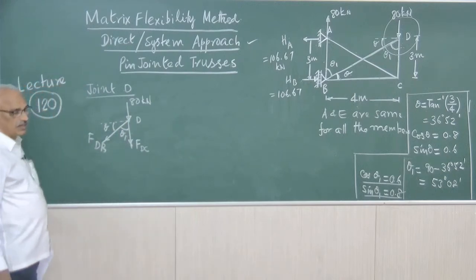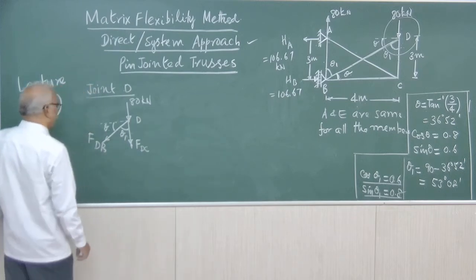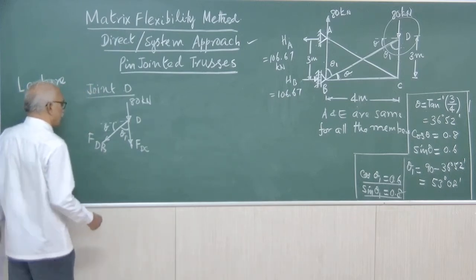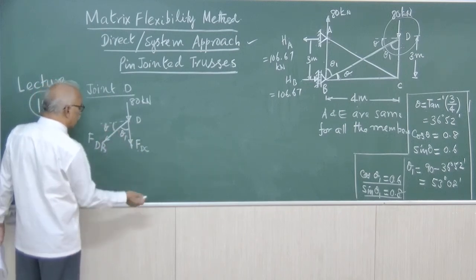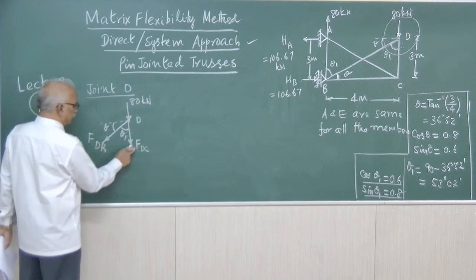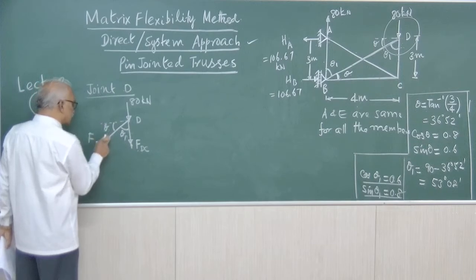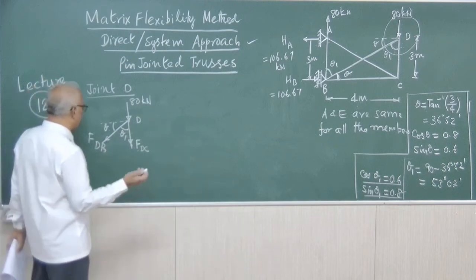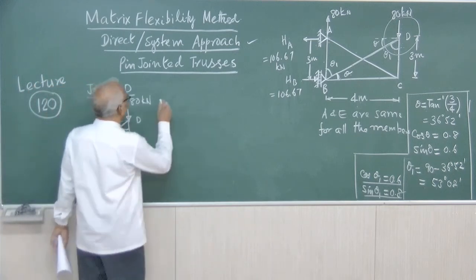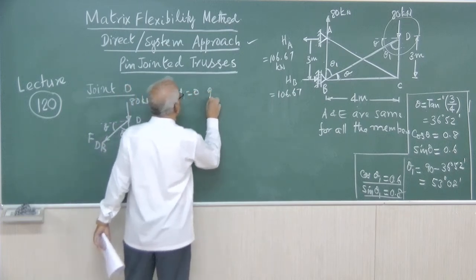Now, we can go for method of joints. Right. Now, first we will take sigma H equals 0 because there are two unknowns. When we take sigma V equals 0 first, both terms will be there, there will be two unknowns. First, if we take sigma H equals 0, this value will be straight away available. Even otherwise also nothing wrong, but sigma H equal to 0 will be more convenient.